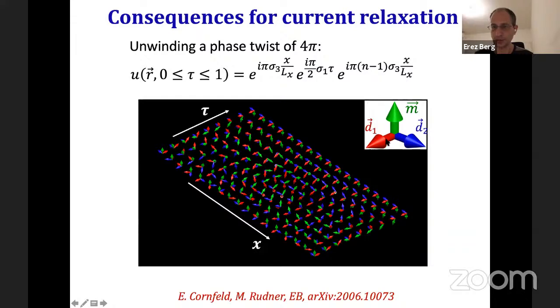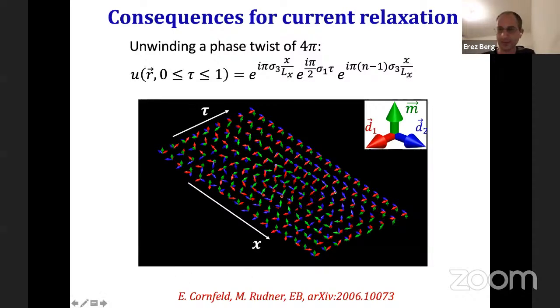So the D1 and D2 are the red and the blue arrows. You see that at tau equals 0, the phase is just twisting linearly in space. This is a state that carries a supercurrent. And then by twisting the direction of the spin, which is M, that's D1 cross D2, continuously in space, you can actually get to a final configuration at tau equals 1, where the phase winding is exactly 0. So it starts from 2 windings and ends up with 0. So a supercurrent can relax by relaxing the phase winding by 4 pi at a time.